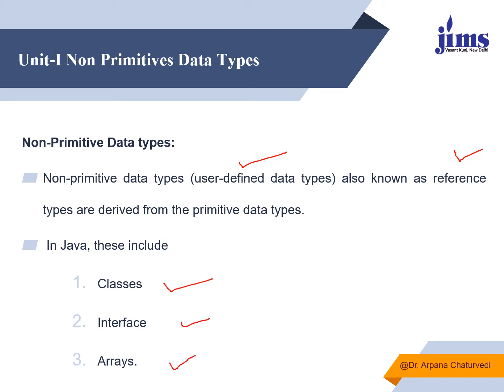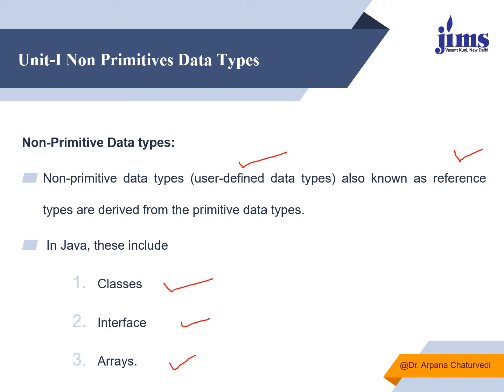The different types of non-primitive data types are classes, interfaces and arrays. A class is basically a combination of the properties and methods of any entity. When we define properties and methods of any real-time entity under one unit, that unit is known as a class. An interface is basically an abstract class wherein you can declare the methods and variables of a real-time entity which can be implemented in any of the further classes where we are using the interface. Basically, interfaces are used to implement multiple inheritance.